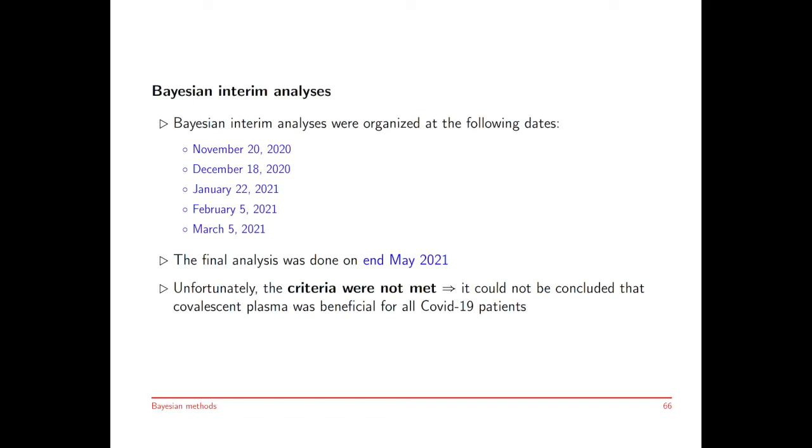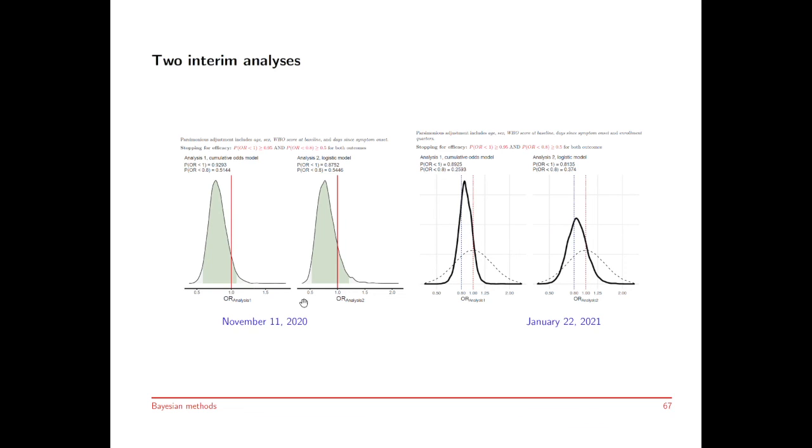A number of interim analyses were done, starting in November 2020 and so on, and the final analysis was done in May 2021. Unfortunately, the criteria were not met, so it could not be concluded that convalescent plasma was beneficial for all COVID-19 patients. And what you see here are the posterior probabilities for the